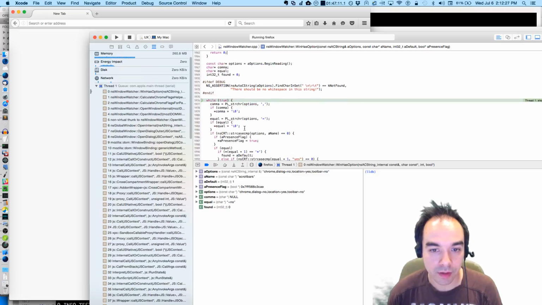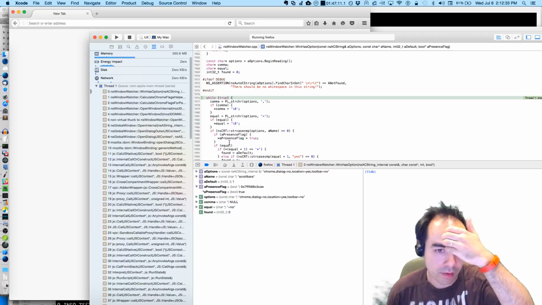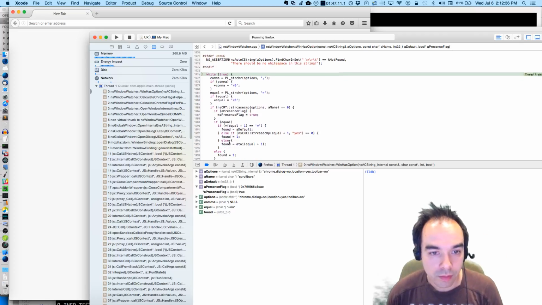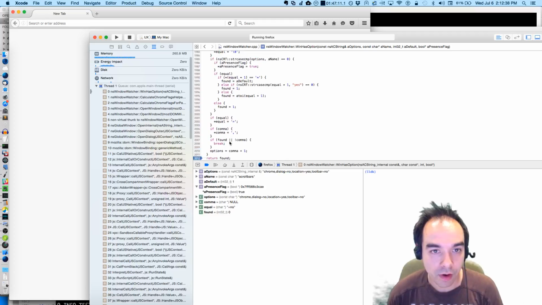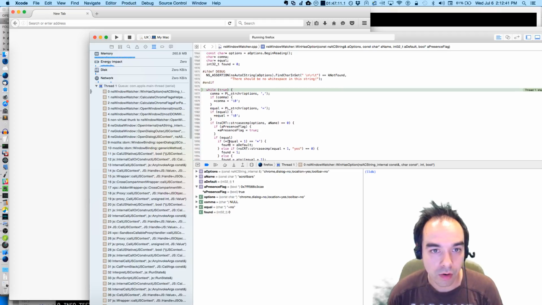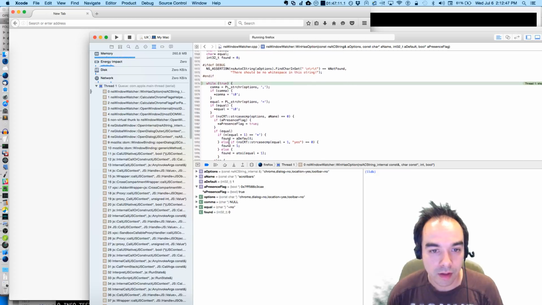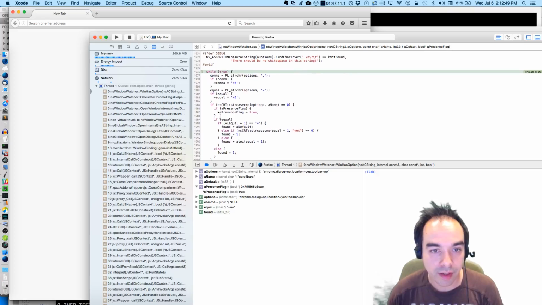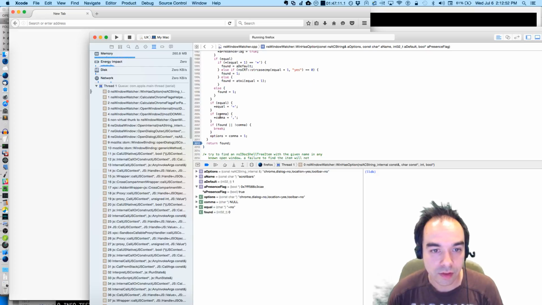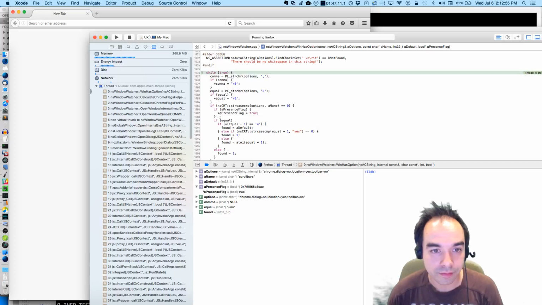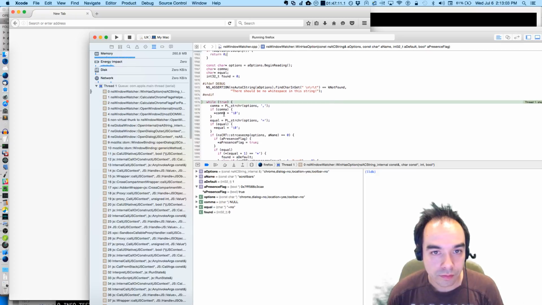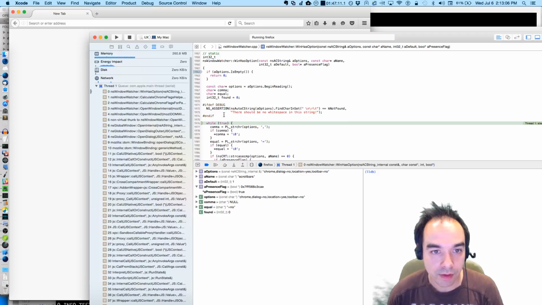Presence flag is pointed at true right now. Presence flag never gets set to false. Oh, that's a bug. That's the problem. Presence flag is never set to false. Should probably default it to false to begin with.